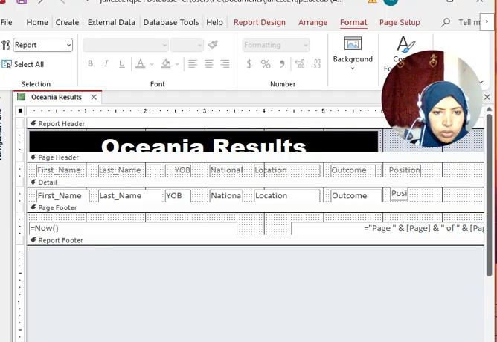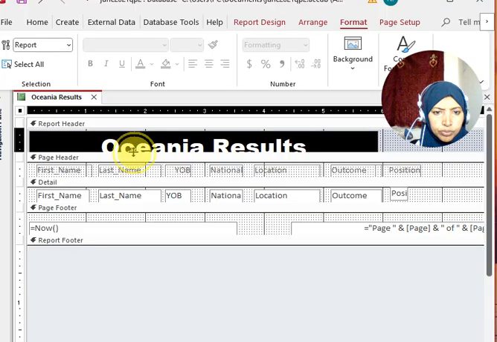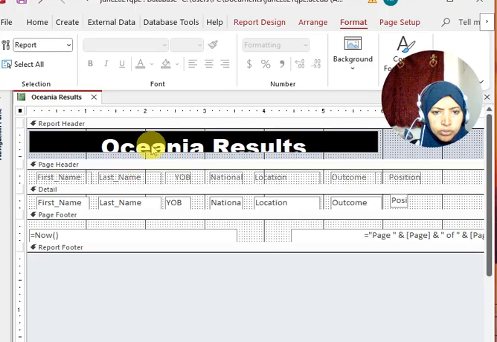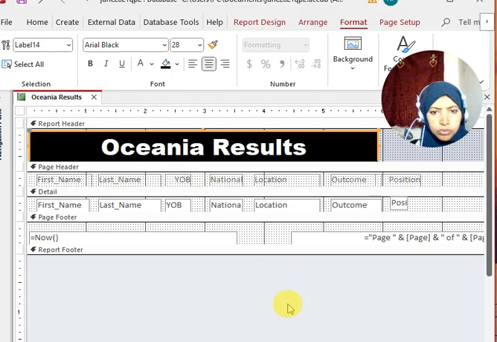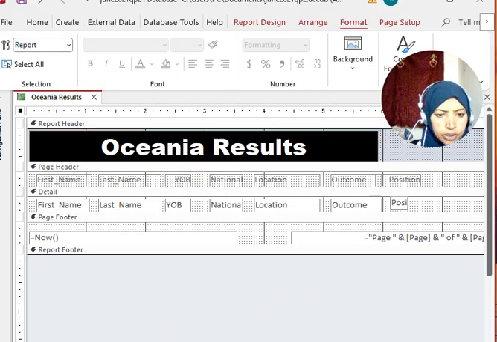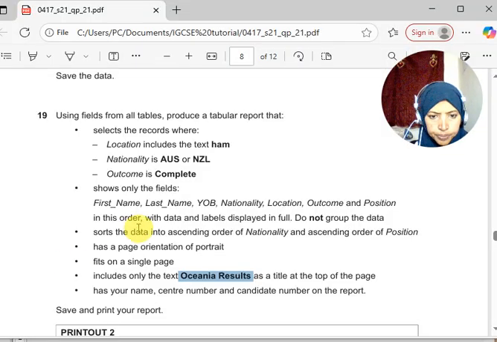Okay, so alright, the next thing is we are going to add center number and candidate number at the bottom